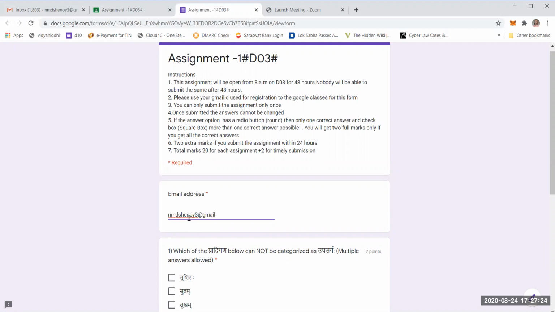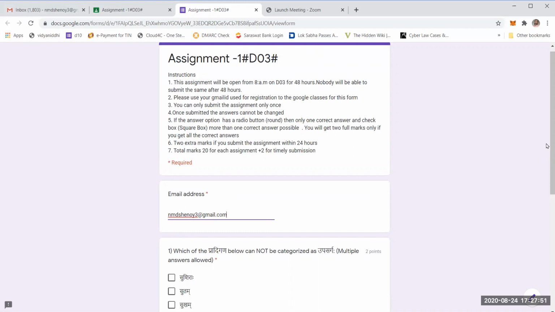And please note that this email ID should be the same email ID which has been used for the Google Classroom. If you use any other ID which is not in the Google Classroom, please note that you will get 0 marks. Different days you cannot give. Please don't send any reminders or requests for changing. It will not be entertained because everything is an automated process.